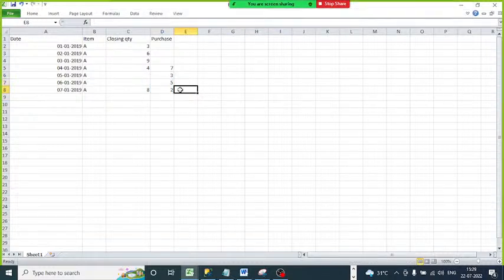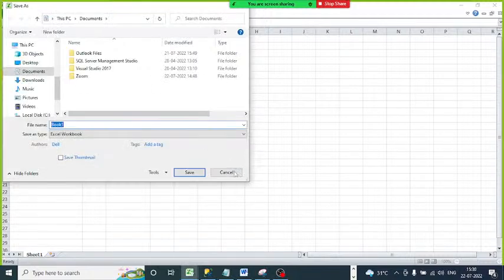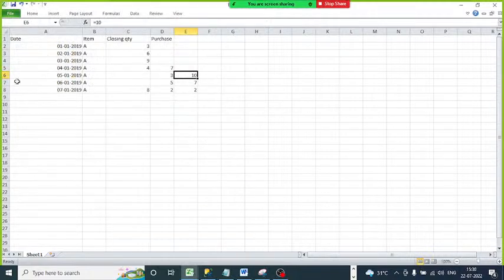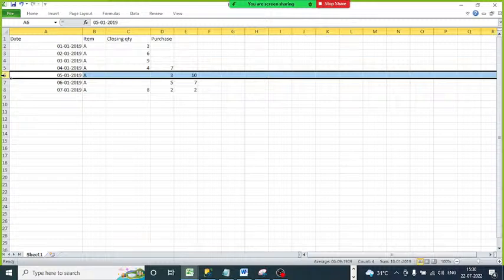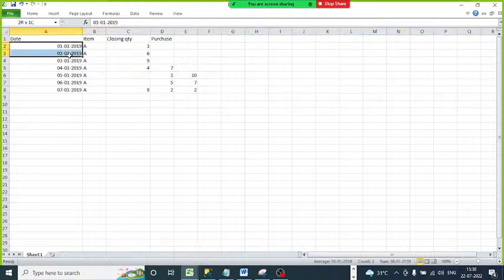Yes. So on this date my cumulative is 2, on this date it is 7, and on this date it is 10. Right? So I need to capture this date 05/01/2019